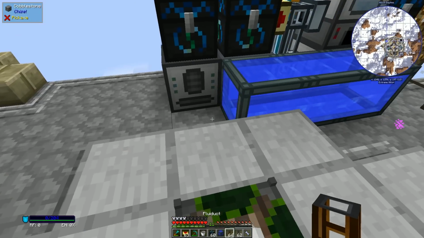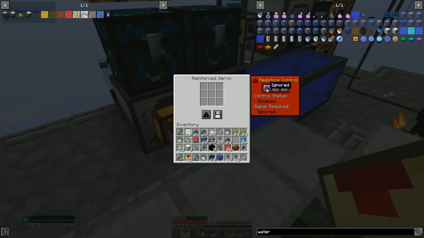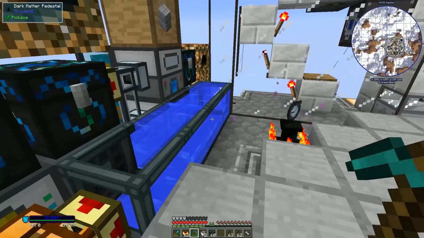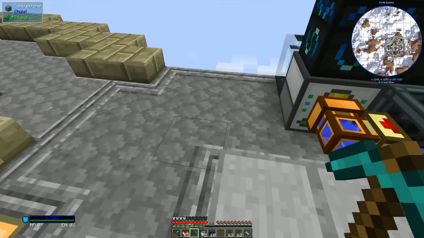And then we just need a fluid duct. Put that right here on the front and give it a servo. And yeah, hack this thing up like crazy. And there we go. We are producing canola. Oh, and canola seeds as a byproduct. I forgot about that. Well, okay, this is at least a process that should allow us to get canola. So then,